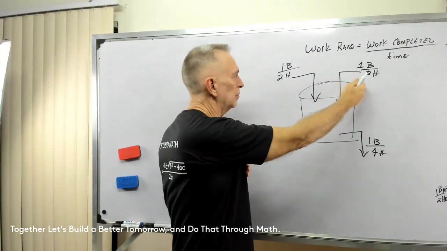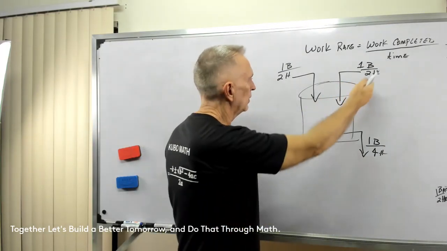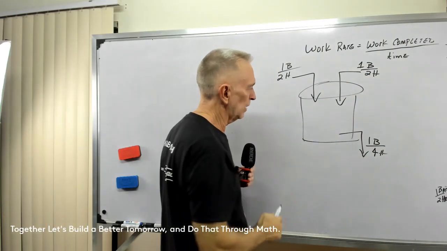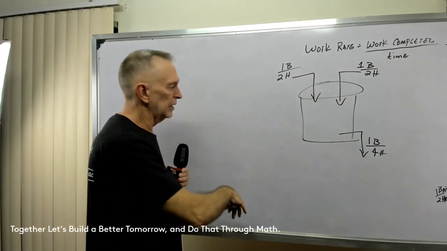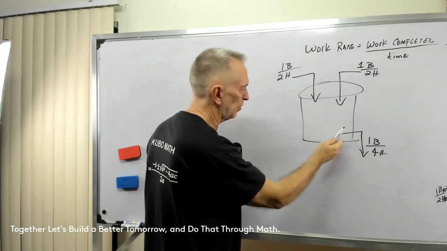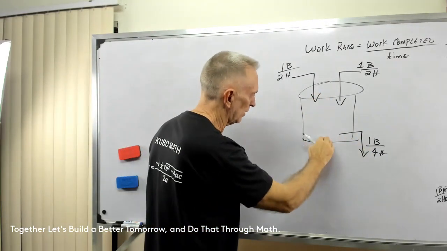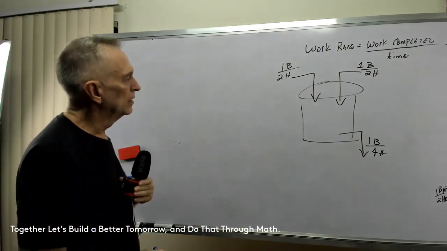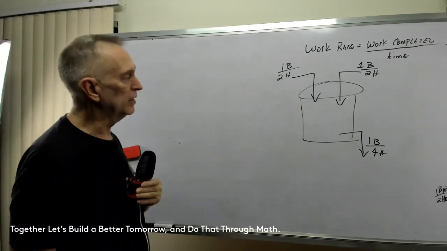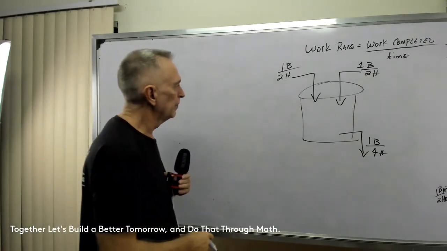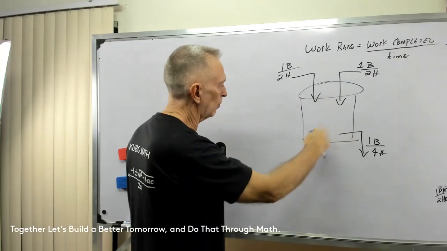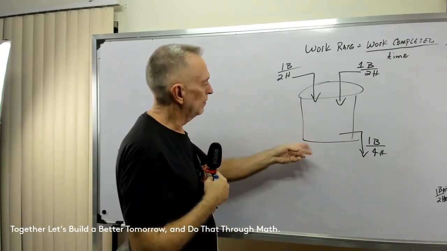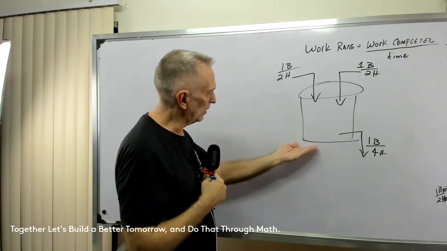And this other pump is a backup pump, if you will, and it can also fill the barrel, 1 barrel in 2 hours. Now the pump that empties the barrel can pump 1 barrel's worth of liquid out in 4 hours. Okay? But the maintenance guy that's doing some work here, for whatever reason, had emptied the barrel out, and maybe it had a hole, and they repaired the hole,